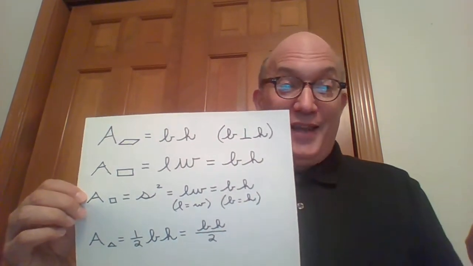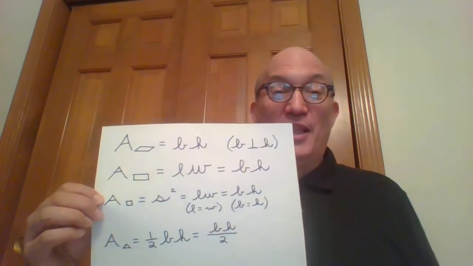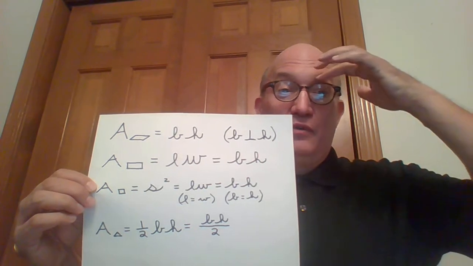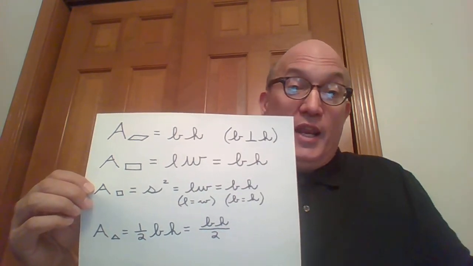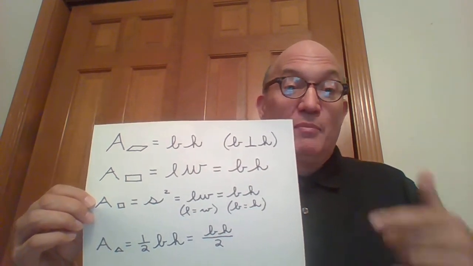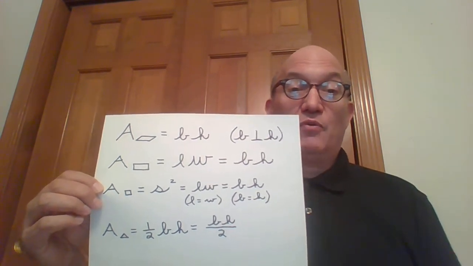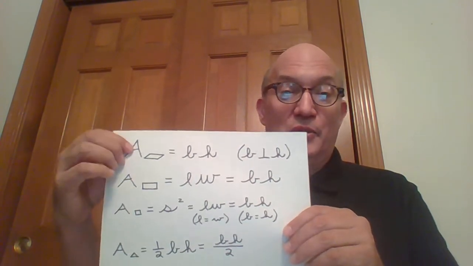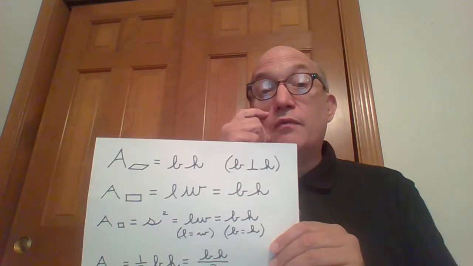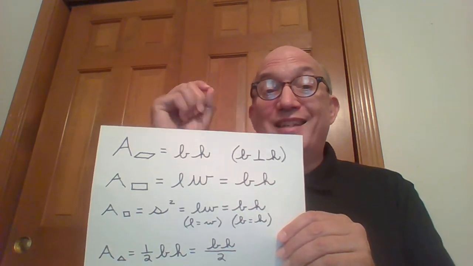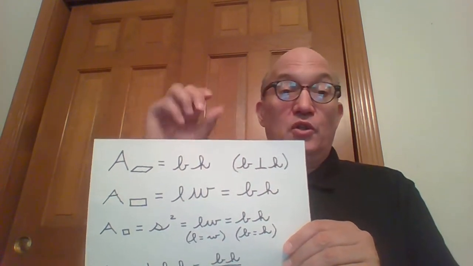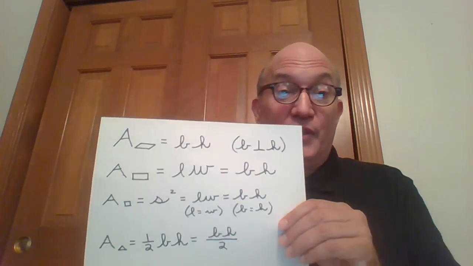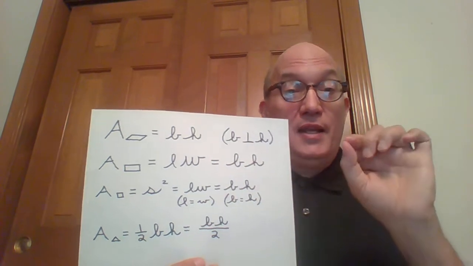Now, a square is a rectangle, and therefore it's also a parallelogram. It is the most special kind of quadrilateral, the most special kind of four-sided polygon that we can have, where all four sides are the same length and all four angles are right angles. A square is a special rectangle, a rectangle is a special parallelogram. Now we can give the formula for the area of a square as s squared. There's a tradition to call each side of the square s, one letter, because all sides are the same length. But you can see